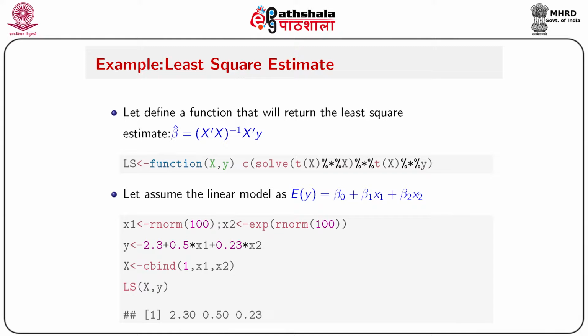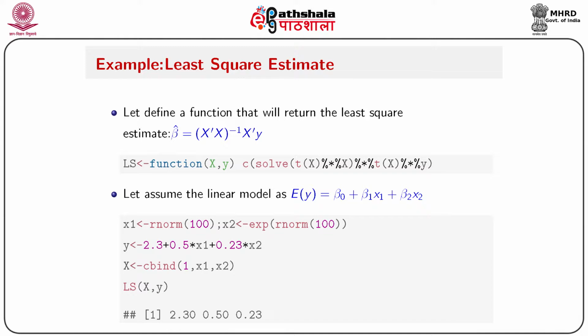Let's assume the linear model as expectation of y equals beta naught plus beta 1 x1 plus beta 2 x2. There are two predictors and three parameters. Let's generate an x1 variable from a standard normal, and an x2 variable from a log normal, total length of 100. Then let's generate y as 2.3 plus 0.5 times x1 plus 0.23 times x2. So the true value of beta naught is 2.3, the true value of beta 1 is 0.5, and the true value of